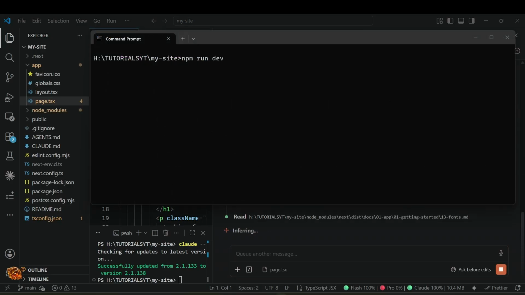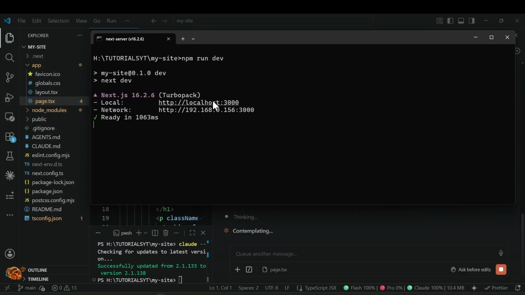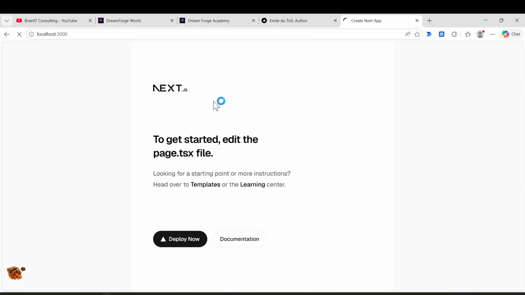So while the coding agent is working, I'm just opening our terminal. You should do the same. Go to the folder where your project is, and then if you haven't started your localhost server yet, do so now, npm run dev. And we'll be able to watch him build this as he goes. So control left click. And soon enough, when this is refreshed, we will be able to see the boilerplate getting replaced.